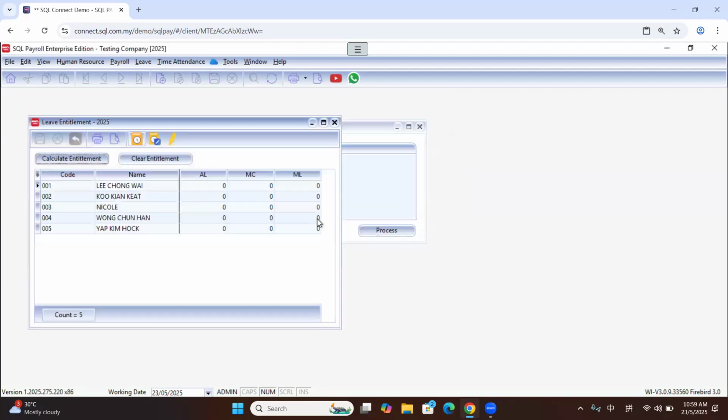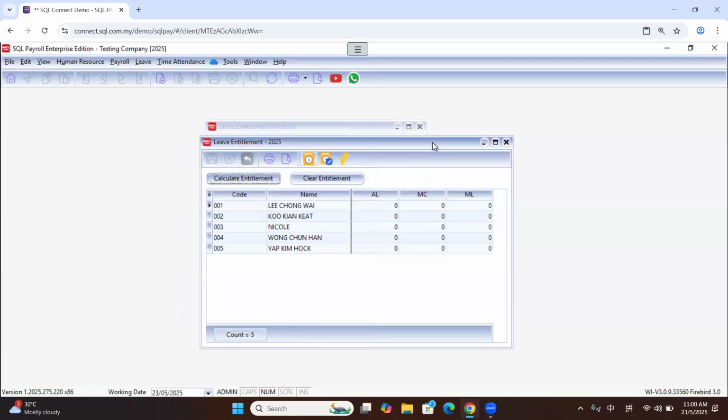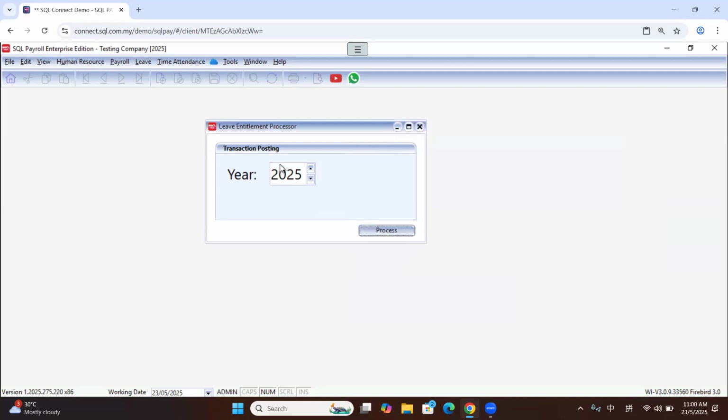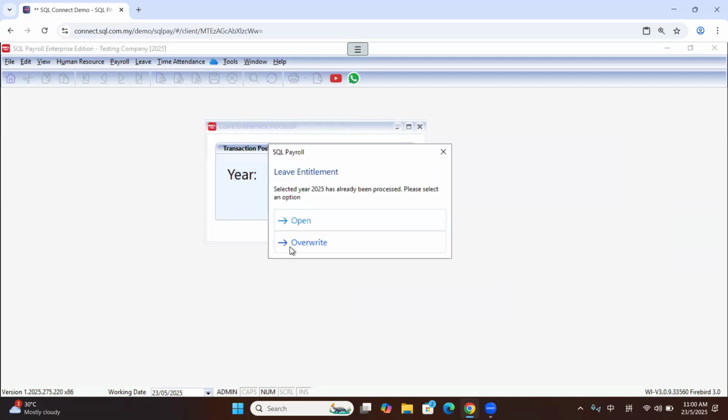Actually, when you use the payroll system, every start of the year you need to do this leave entitlement one time. For example, at the start of the year you can see the leave entitlement here is 0. So if it's 0, then you need to come to the leave entitlement process,